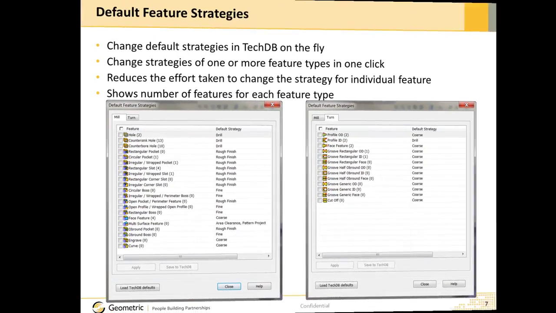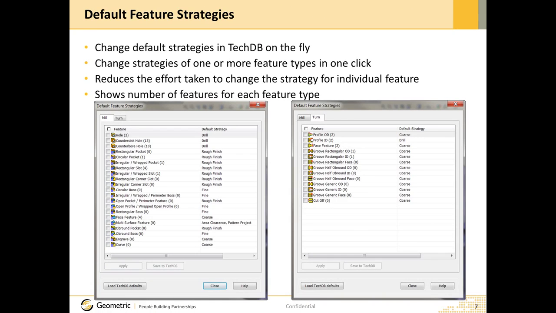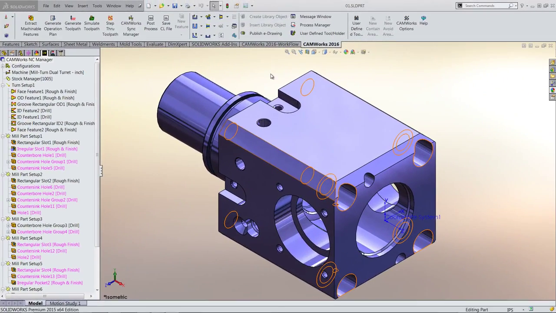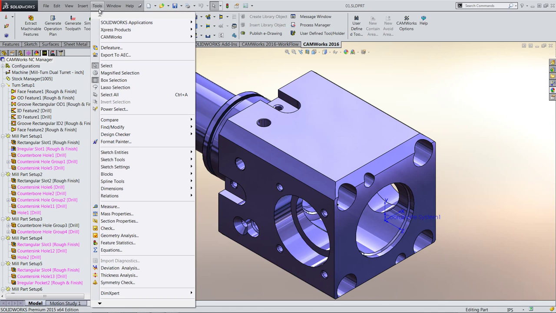New in CAMWorks 2016, the option has been provided to view and modify the default strategies from the technology database in one simple step without having to access the technology database. To access the default feature strategies dialog box, we can go to this icon on the CAMWorks 2016 Command Manager toolbar, or Tools, CAMWorks,